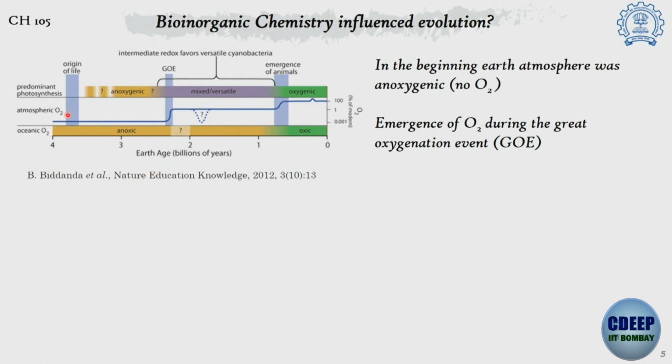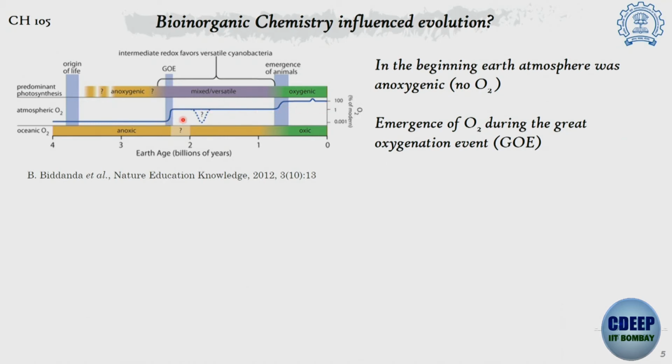In this graph, the x-axis is the years after the Earth formed, where 0 means present day, and then 1, 2, 3, 4 billion years ago from present day. On the y-axis is the concentration of oxygen. You can see both in the ocean, that means the aqueous level, and in the atmosphere, the gaseous level, we don't have any oxygen in the beginning. Then all of a sudden you can see a sharp rise, and the oxygen comes into the atmosphere and reaches the level of today.